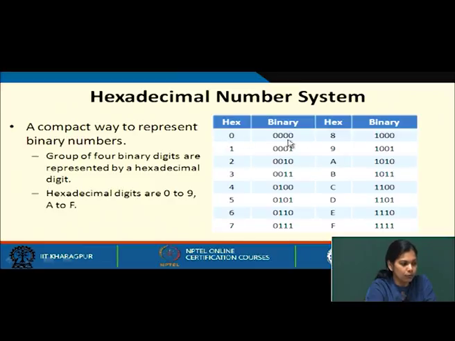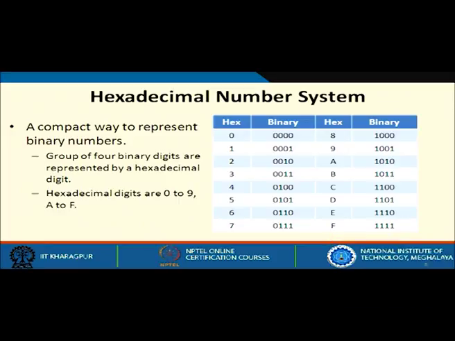So, if we encounter a group of these 4 bits, we will replace it with a single digit, that is 0 for 0000. If we encounter 1010, we will replace this with the digit A. This is an efficient way because we do not have to write out the 32 bits or 64 bits; rather, we can write just one single digit to represent 4 bits. So, if we have to represent a 32-bit number,